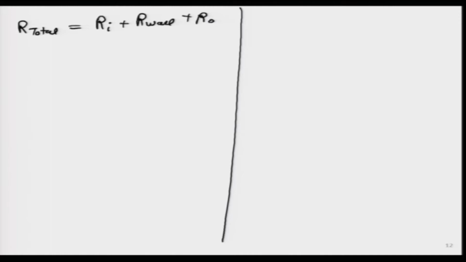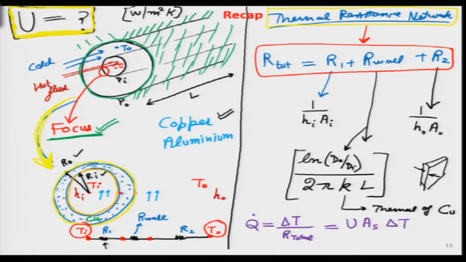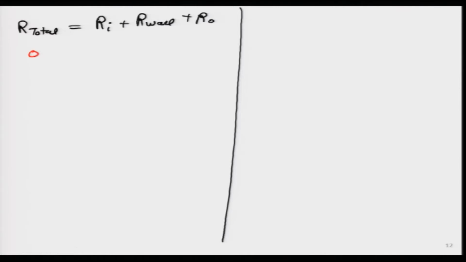And I had written another equation. This is the first equation, which I have written in purple over here. I will make a red box on top of it. This one I am talking about. So, from here we can figure out the value of U. If I use this equation and rewrite it on the next page, what I have written is q dot is voltage drop divided by resistance. I will replace voltage with temperature. So, it is delta T divided by thermal resistance, and it is also defined as over here.